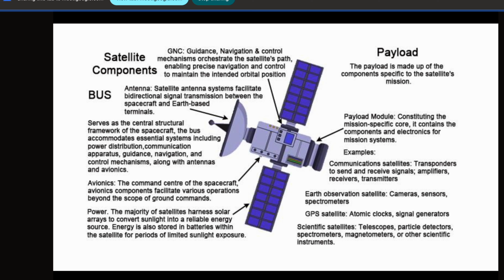Third is AOCS, called attitude and orbit control systems. Orbit can be controlled by your propulsion systems. But how will you know your orbit has changed? For that some procedures are needed. So that comes under this AOCS.